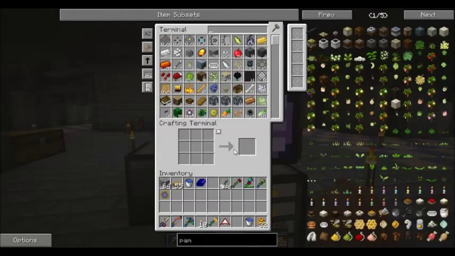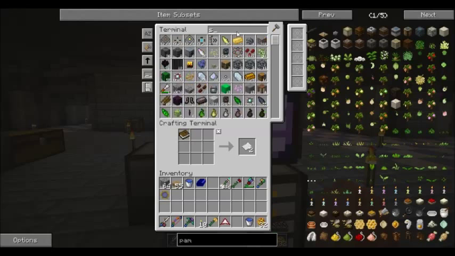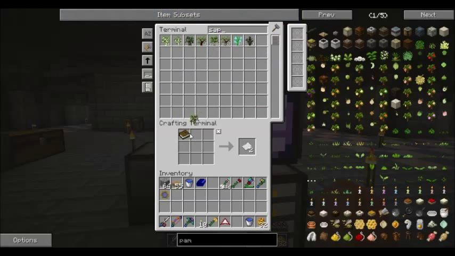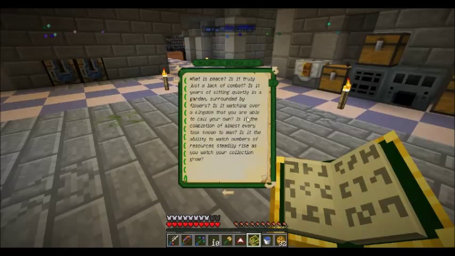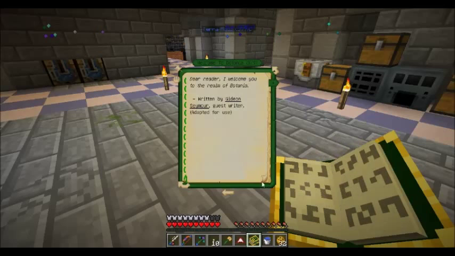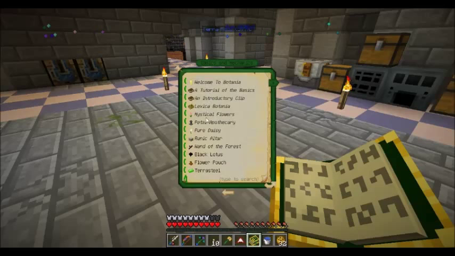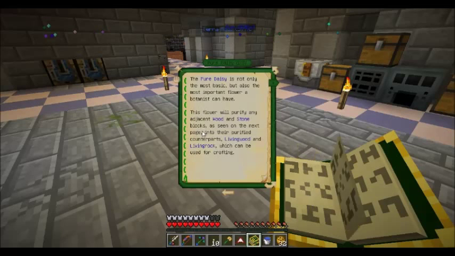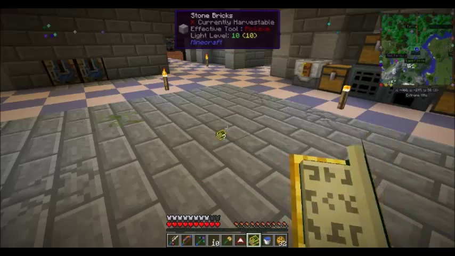All we need for that is a book and a sapling. Just like so. And there is some really cool stuff to read, but we can look at the basics and mechanics, and the pure daisy is the first thing we're going to want. We can use it to craft living wood and living stone. So